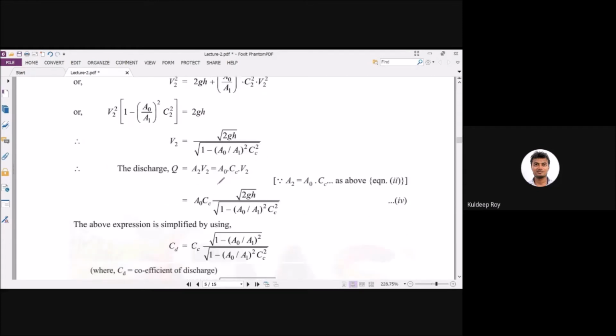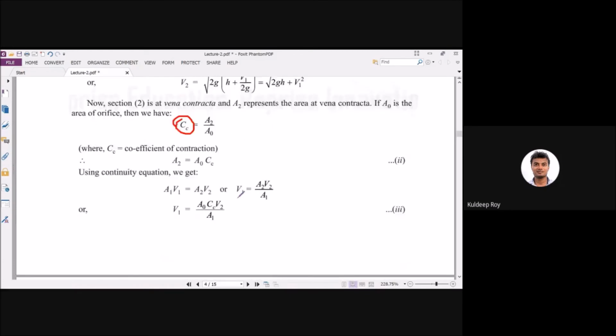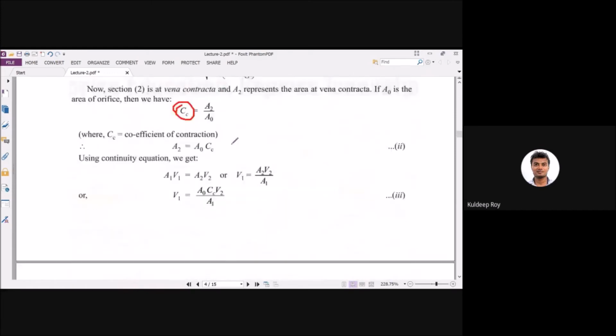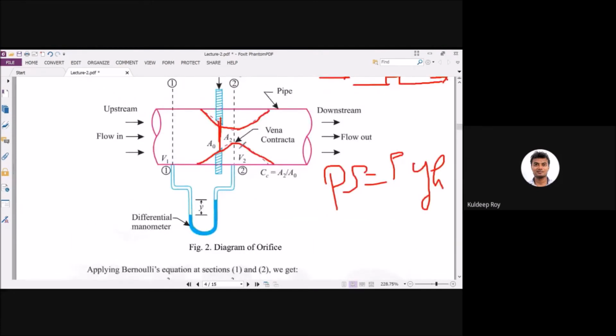Now coming to the next point: after determining the velocity, how will you approach the discharge coefficient? Same as before, you are looking at the downstream section, not the upstream section. What you will do is A2 multiplied by V2. A2 is already known to you, because we know the area of the orifice plate. That's why you have to convert the whole part into A0. Don't forget this part, because you know only the area A0. You don't know the area A2. You are putting your manometer at position 2, because at that particular point it will show the higher velocity.